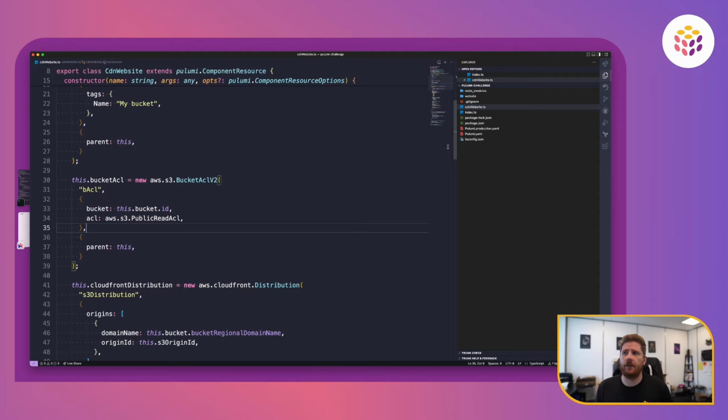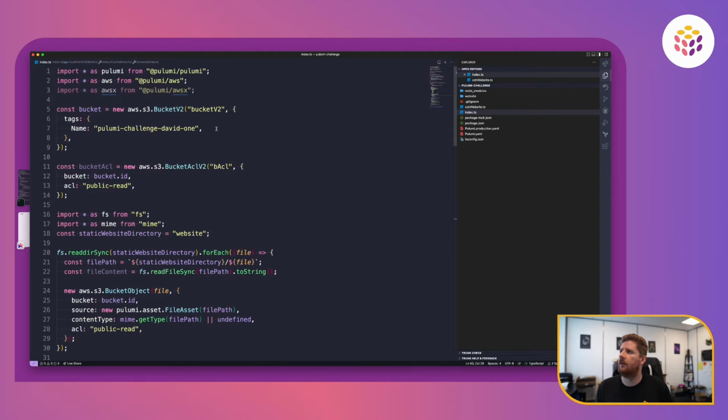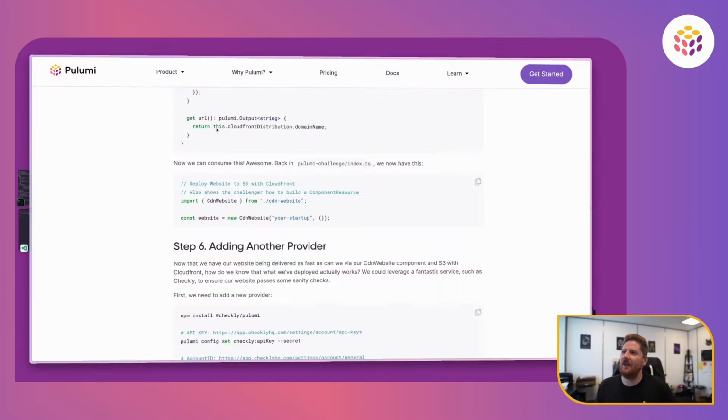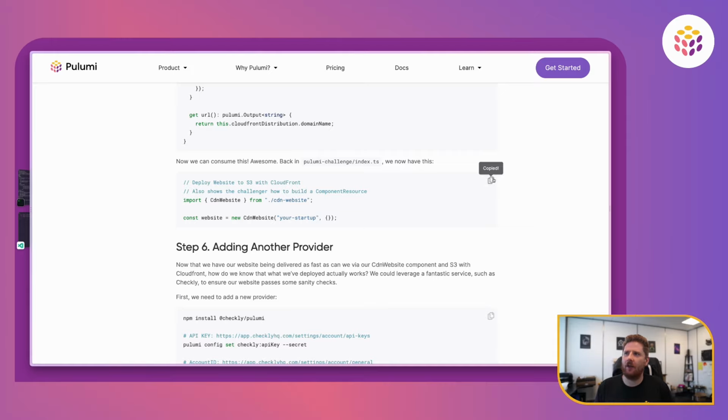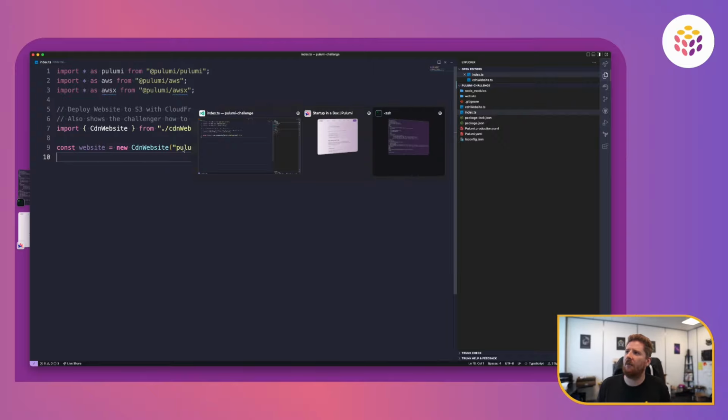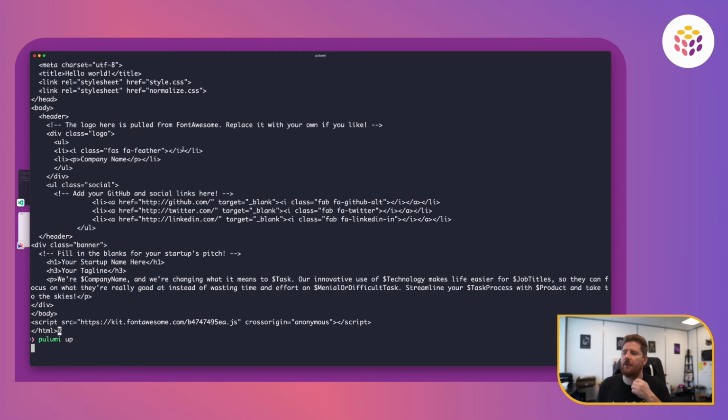So how do we consume this? Well, first we go back to index.ts and we delete everything. We jump back to the Startup in a Box Challenge website and click copy. Here, you have to make sure that the name of the file that you pasted your code into matches. This file has an export called CDN website, which is a class that can be constructed. We can provide a name for this resource. So let me challenge 1 and hit save. And that's it. And in fact, if we come back and run Pulumi up,